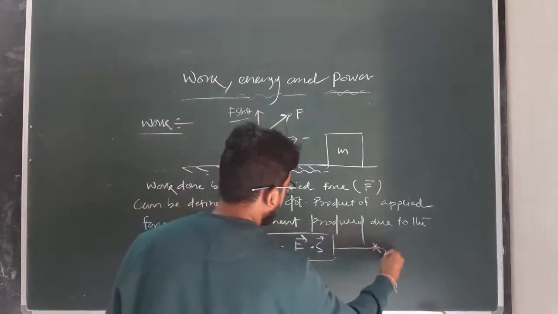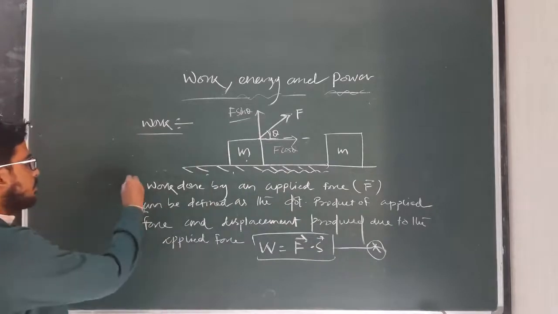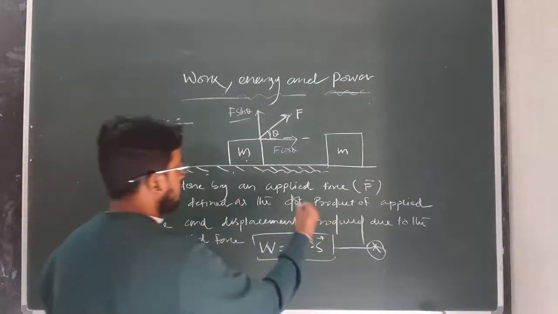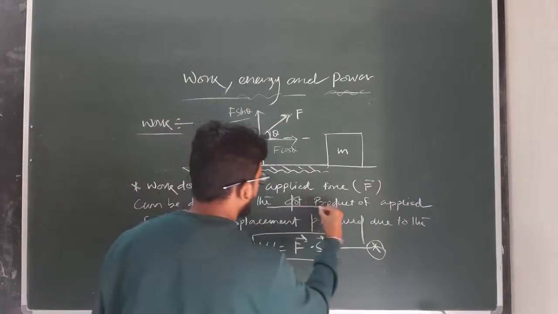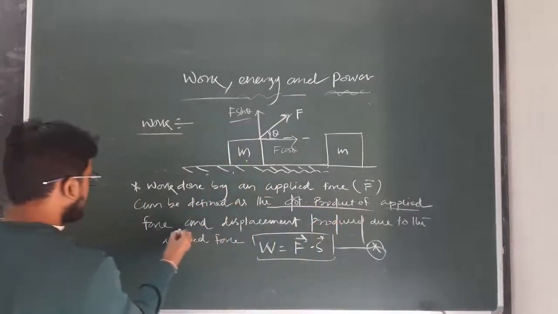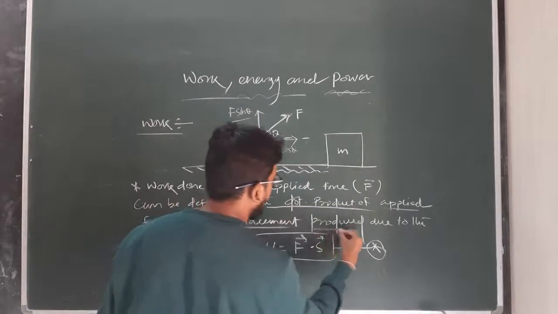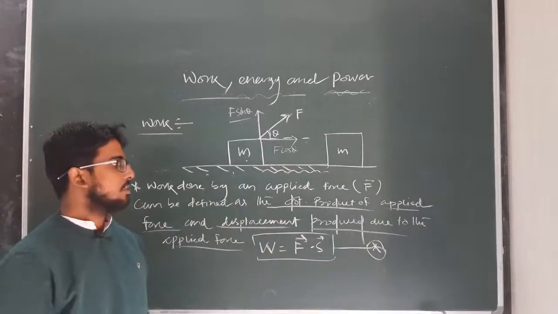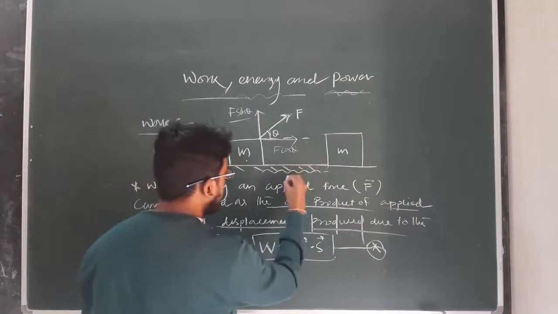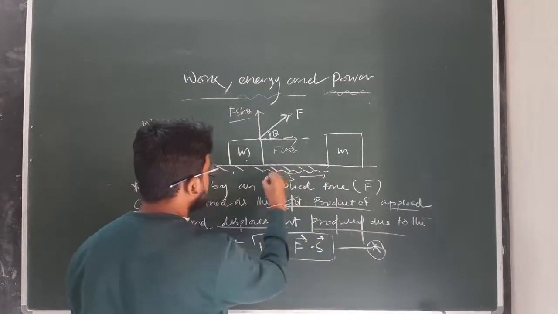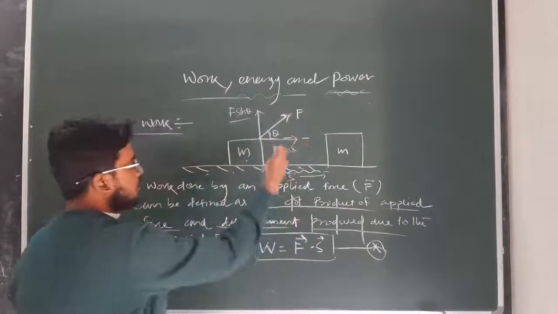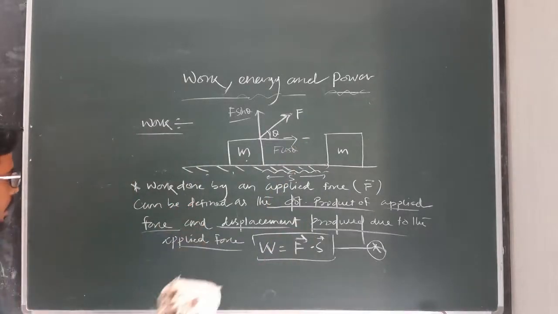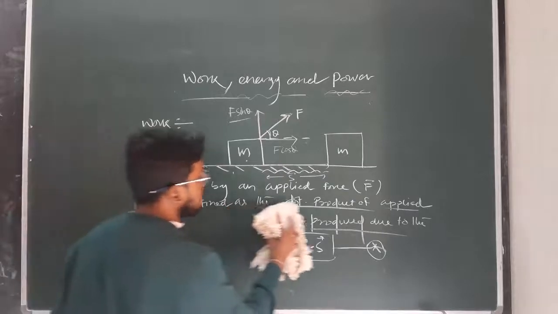Clear? So this is one statement or the definition of work done. It is defined as what? The dot product of applied force and displacement produced due to the applied force, F dot S, because here let this is the displacement S from this point to this point and this is the applied force. So F dot S will define as the work done. This is one definition. Or else, as we already discussed before,